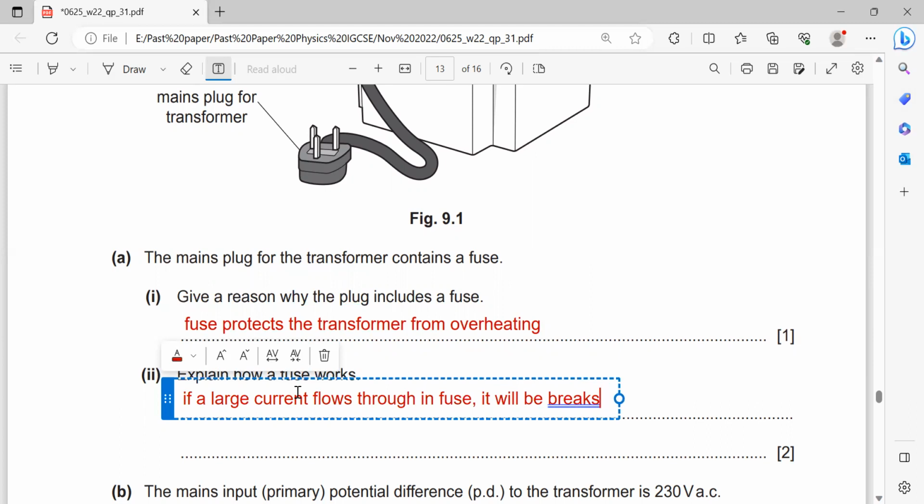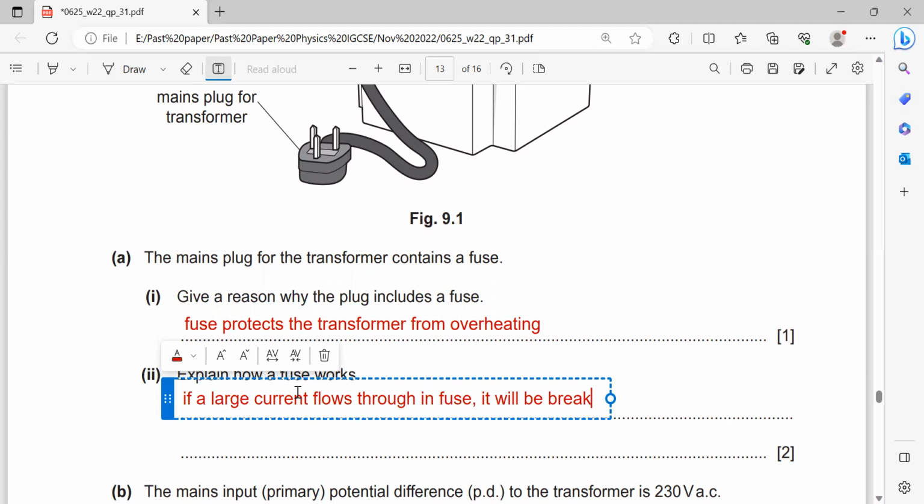I mean the large electricity current will break the fuse, and then